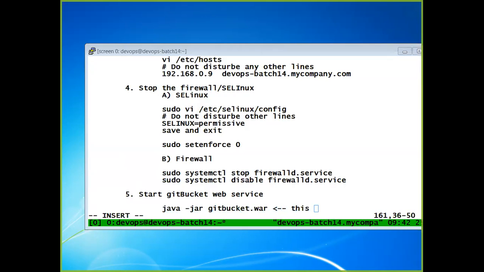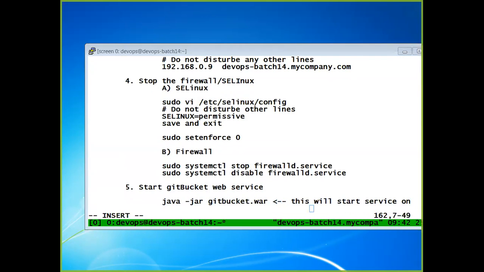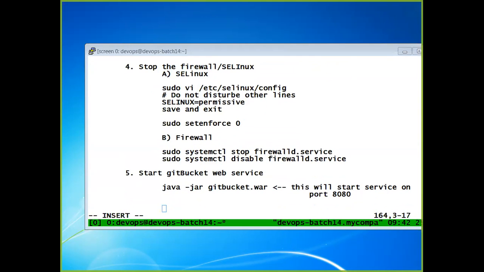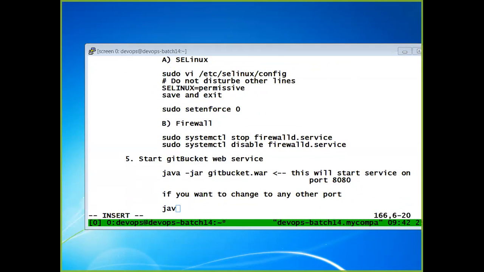So this will start the service on port 8080. But if you want to change the port number to any other port, use the command java -jar gitbucket.war --port=9090.